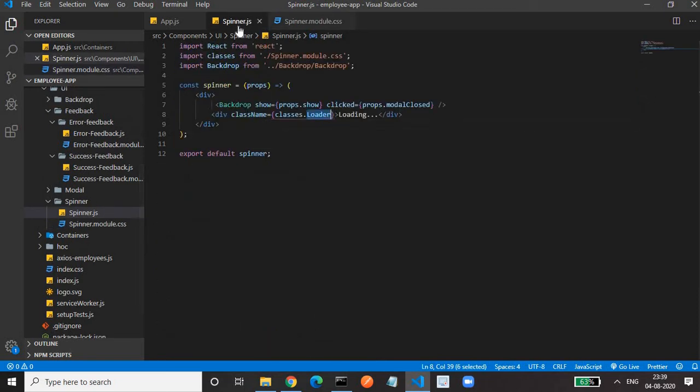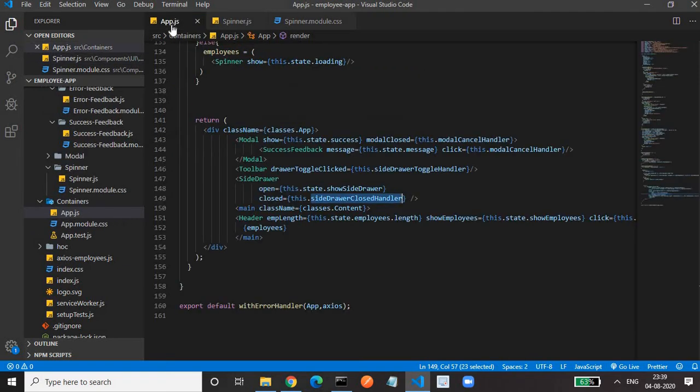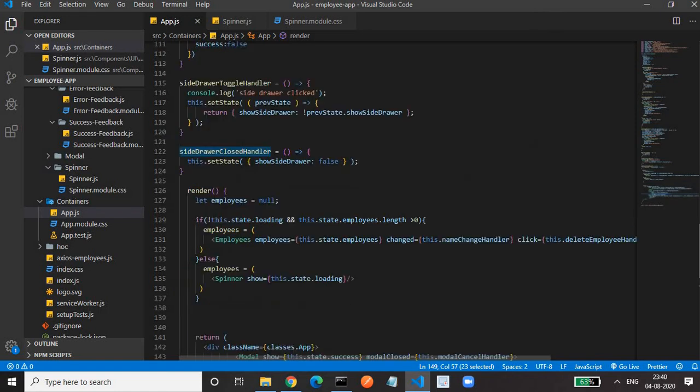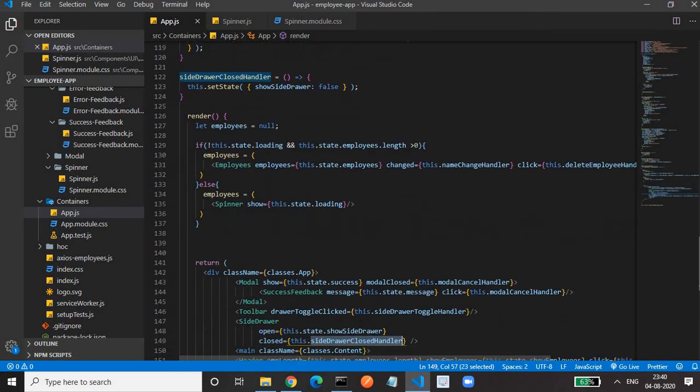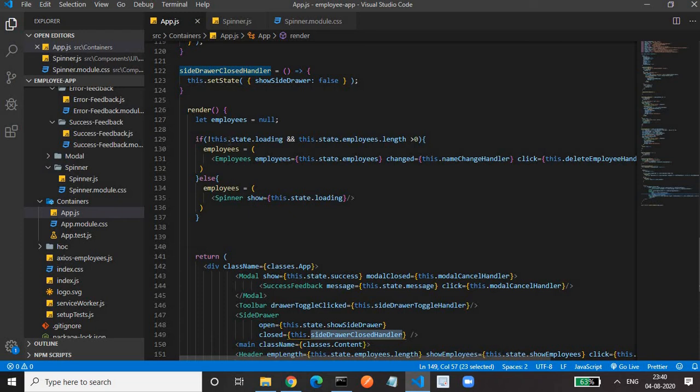And this spinner, wherever we want to utilize it, you can use that. I have used it in the app.js file. So here I have used my spinner. What I have done is, when my state is loading, meaning when my Ajax call is not completed, I have to show the spinner.